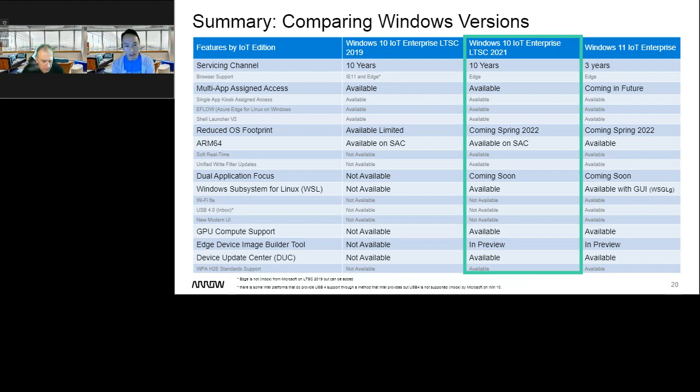Not necessarily stand out, because we do highlight that for most of our OEM customers, Windows 10 IoT Enterprise 2021 would be the one to focus on. One common denominator that I see customers requesting for Windows 11 is, why should I go to an older version of Windows rather than go for the newest one?